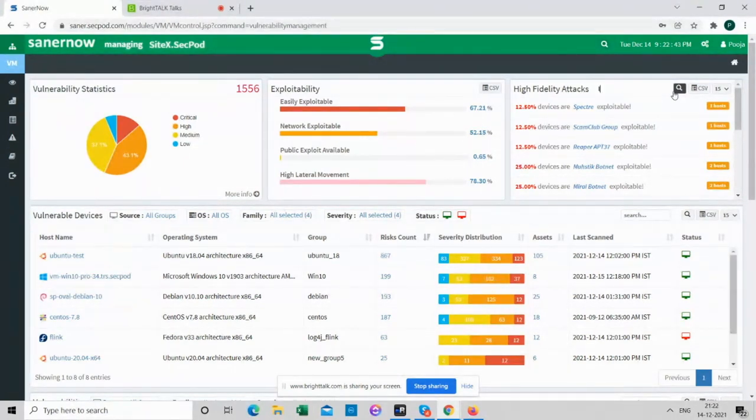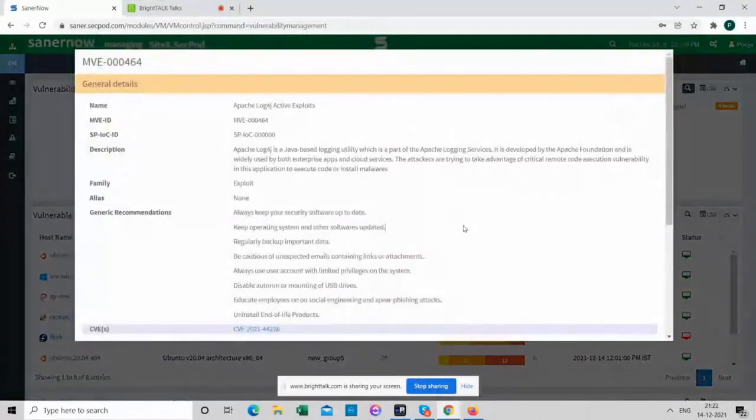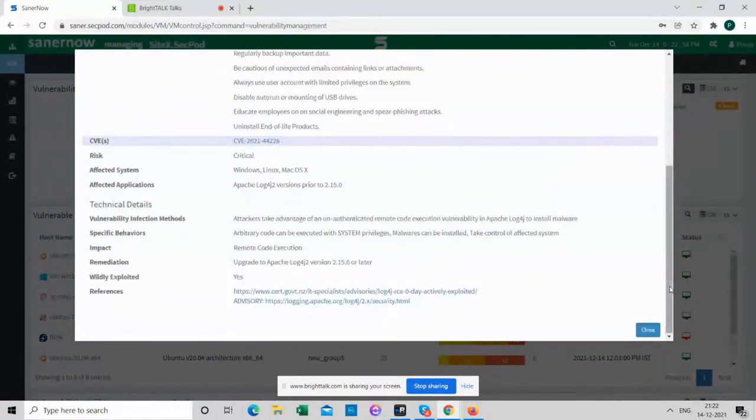So here for log4j, we have one of these entries from where you can read about it and figure out what this exploit is trying to do. Also, we mention other details like affected versions and specific behavior of a particular malware or botnet.